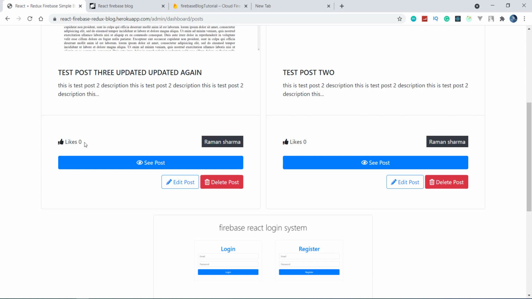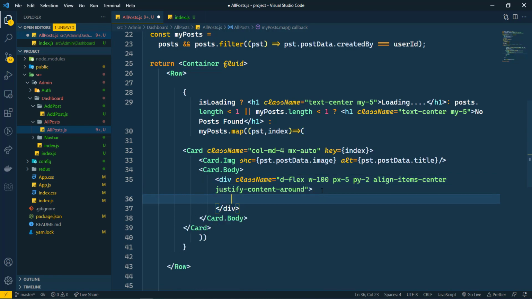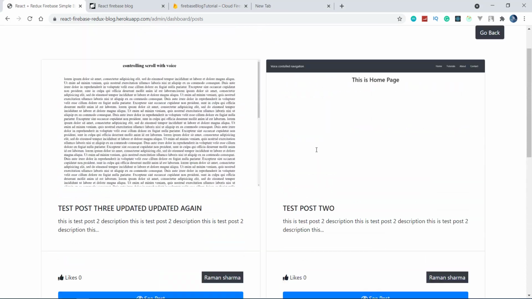Simply I'm going to write likes as 0 here, and we also need padding x 5, and in the card we need padding x 0 for the image also.